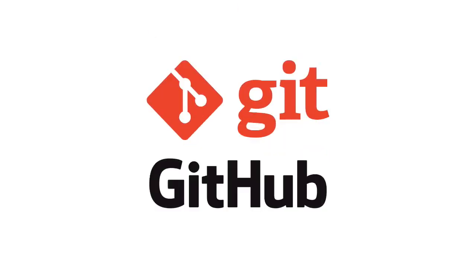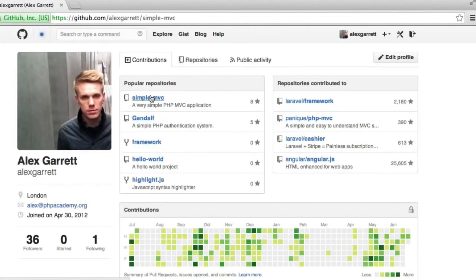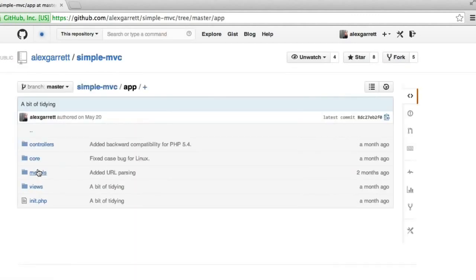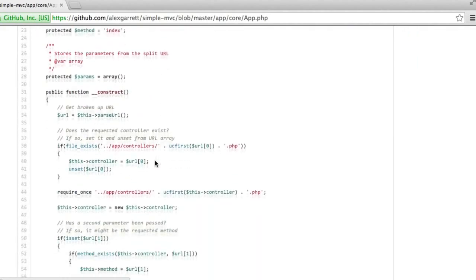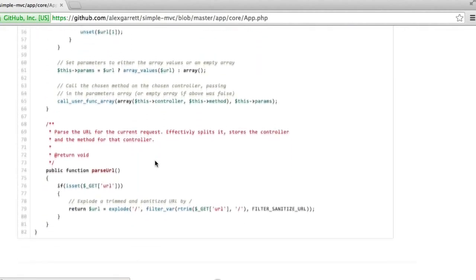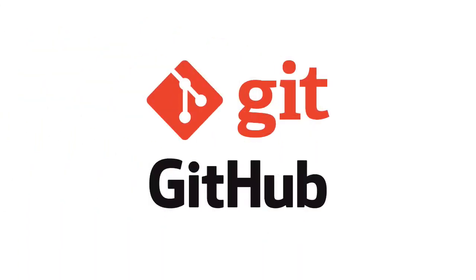Now, GitHub, on the other hand, is one of many hosted repository services. Your code will be hosted on their servers, and this will allow any number of developers, either on your team or, if your repository is public, which we'll talk about later, to pull down the code from the server and push changes up. And GitHub makes this really easy, basically because you don't have to set the server up for yourself, which can be really tricky if you're just